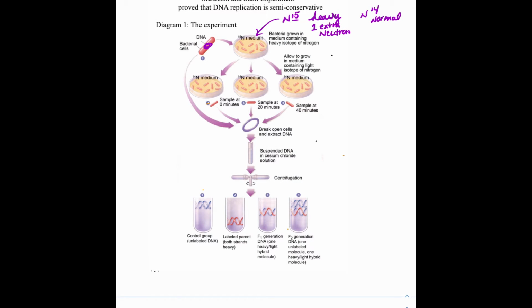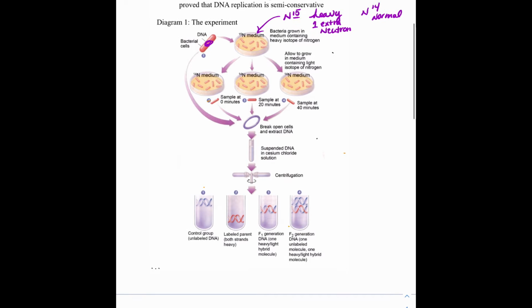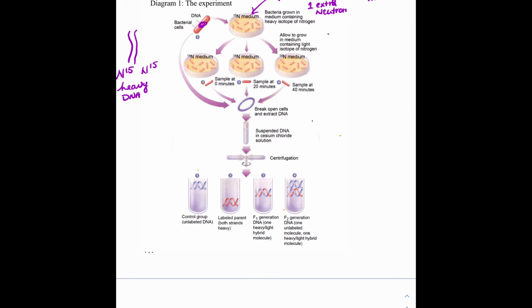They did this over many generations until they got basically all of these colonies with DNA that had two strands of N15 nitrogen DNA. So this is heavy DNA, the two parent strands. They then took their bacterial colonies and transferred them into media that was normal nitrogen. And they took out samples. They took out the zero starting sample, then a sample at 20 minutes, 40 minutes,